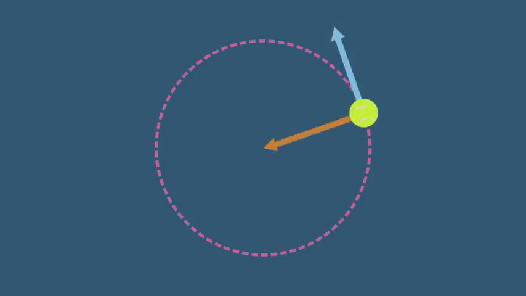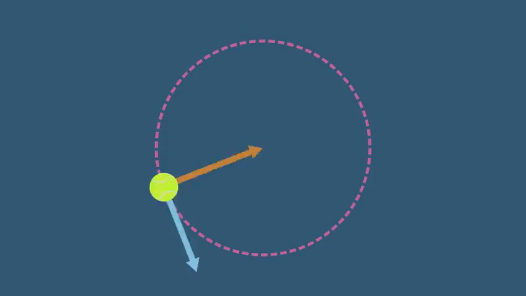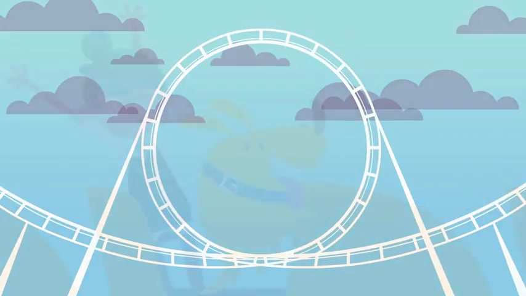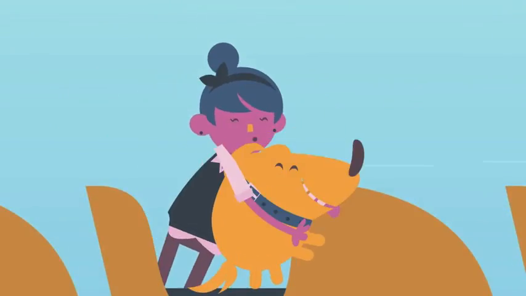The same centripetal force that keeps the tennis ball swinging in a circle also keeps roller coasters on the track as they go through a loop-de-loop. So the next time you're having a blast,